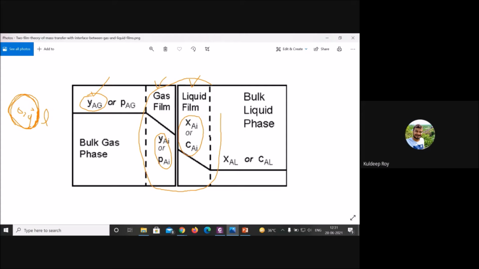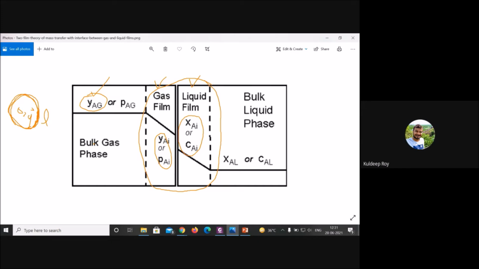I'm repeating again, please note down this point. At this particular zone, they are meeting together. And the second point, the turbulence dies at this particular segment. Now you can see here the turbulence you are assuming to be 0, and here the mass transfer will occur due to turbulence. Okay, this is based on that film theory.